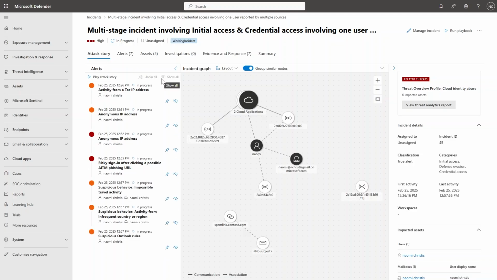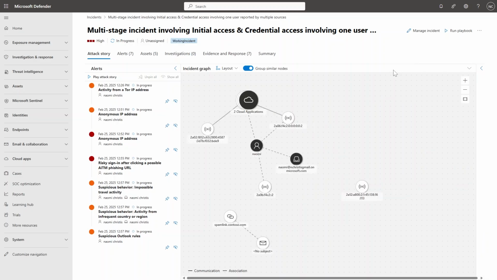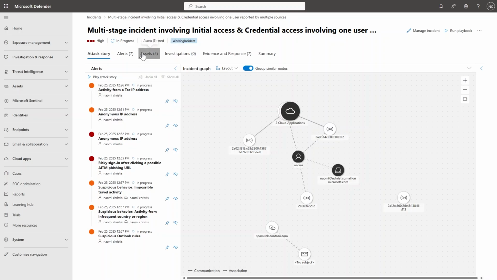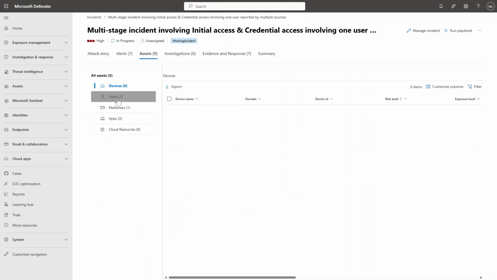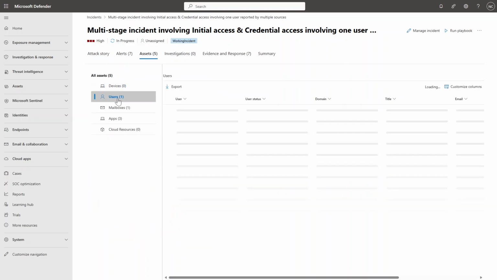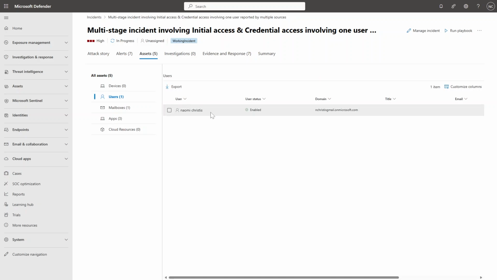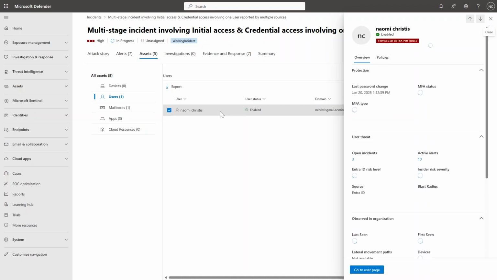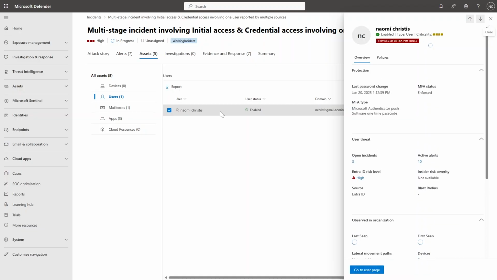It helps you to identify patterns and correlations. In the right pane, you can find the information you already saw in the incident's overview queue. You can easily make this pane go away so that you have full visibility into the timeline and the graph. For example, on the Assets tab, you can find all the unified entities related to this incident, which you can also see in the graph. For this user, I already have a massive advantage because all this information is in one spot.